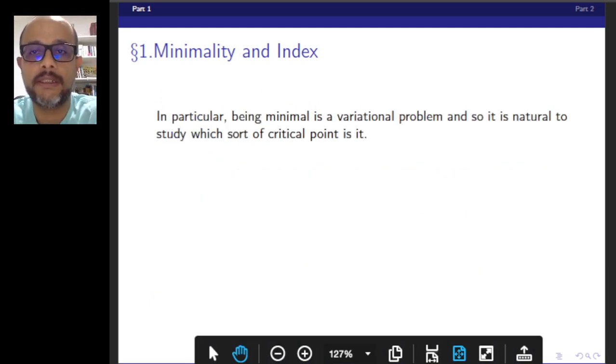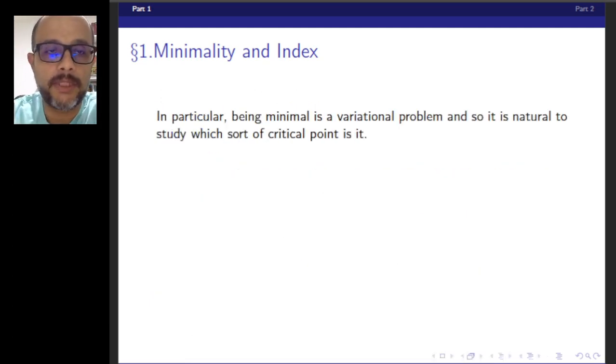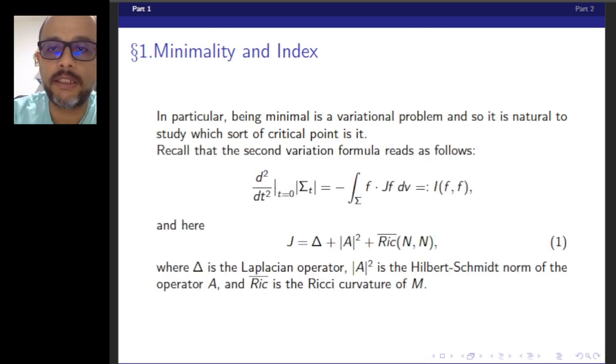Next, since a minimal hypersurface is a critical point of the area, it is natural to think about what sort of critical point it is. So for understanding the kind of critical point it is, it is important to know the second variation of the area. And because of that, we recall this formula, which is known as the second variation formula,